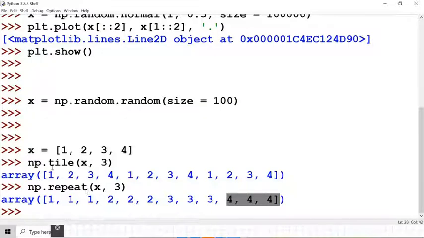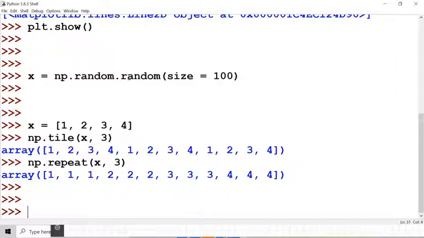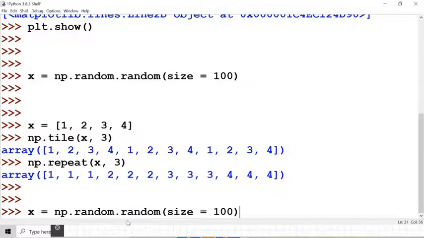We will use both the functions tile and repeat to create a set of numbers from a set of random numbers, where obviously there will be some kind of periodicity, either this way or this way. Let me first do that. Let me go back here again and create say 100 random numbers.